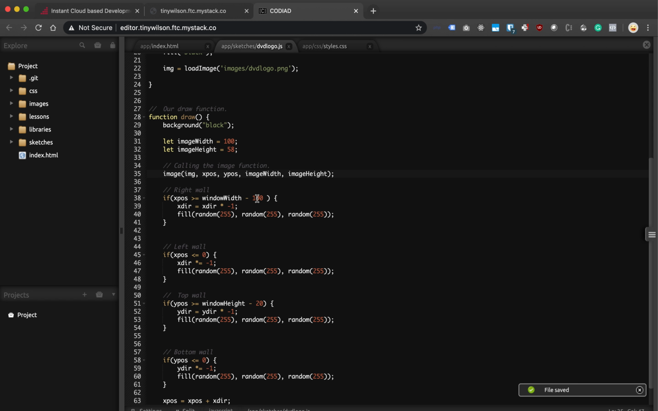Now, when we offset by 100 here, we could say minus the image width. Again, when you're writing this stuff, and as you become more fluent in writing this, it starts to read like English, and readability in your code is really an important thing. So if we read this function call, we can see we're calling the image function. We're passing in 5 parameters: an image variable, the X position, the Y position, the image width, and the image